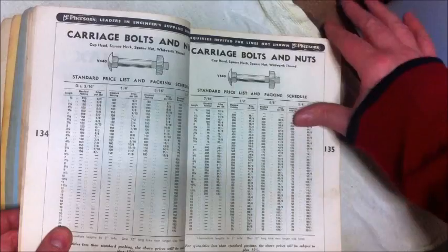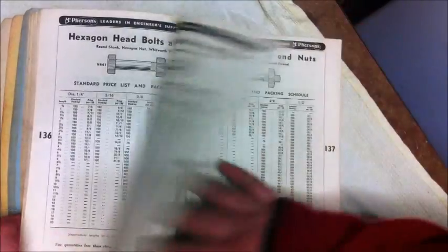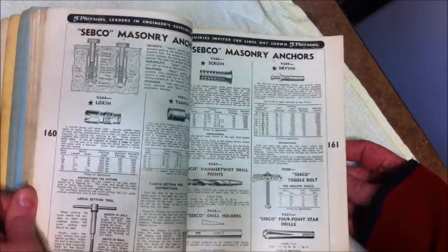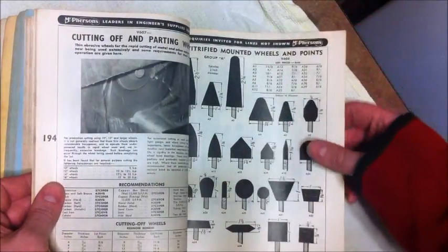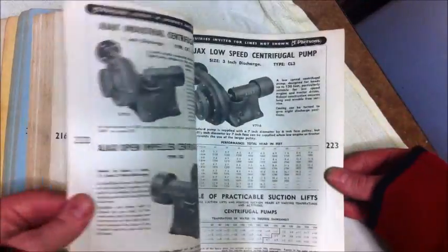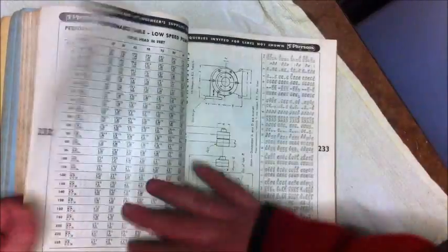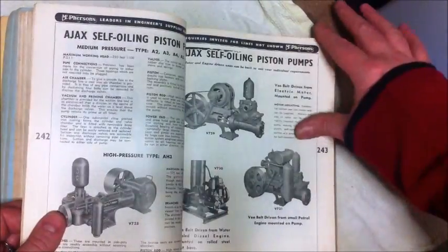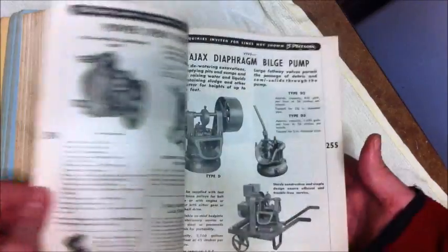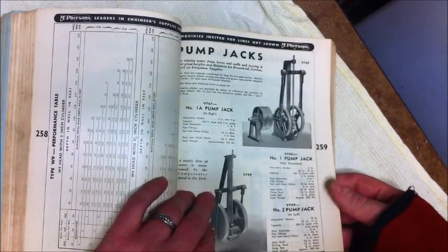Chain mortise equipment. Carriage bolts and nuts. Quite a list of the carriage bolts and nuts they sold. Carbaloy, standard carbide tool blanks, cutting off wheels, grinding wheels, Ajax pumps, centrifugal pumps and piston pumps, lots on belt driven pumps. They must have sold a lot of Ajax gear. Diaphragm bilge pumps, spray pumps, deep well working head pumps, pump jacks,